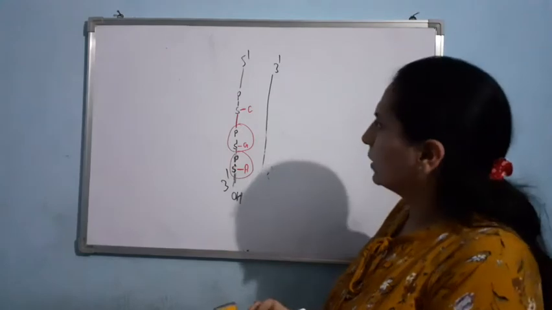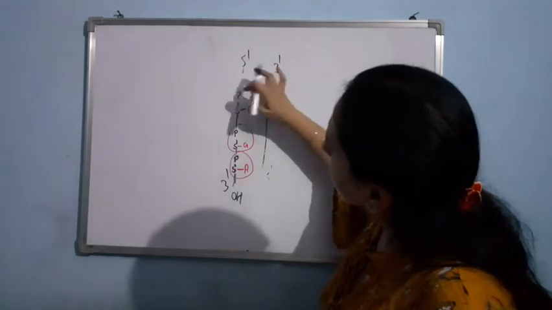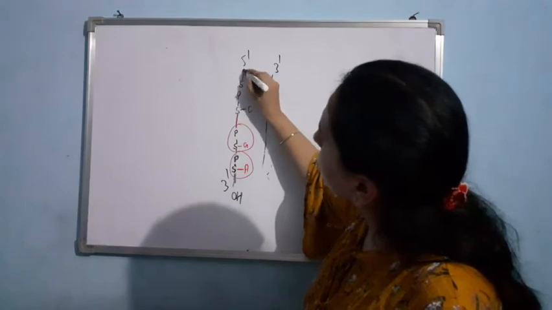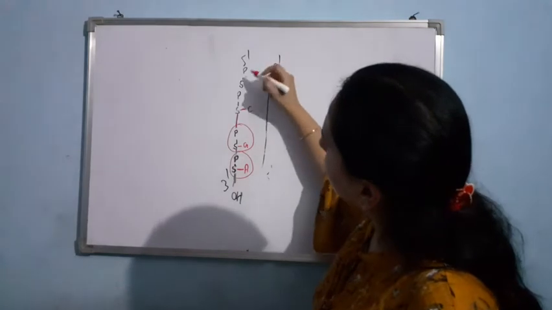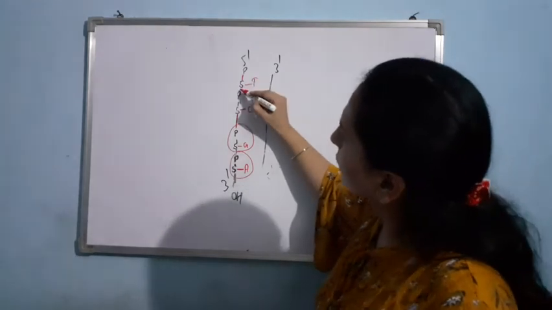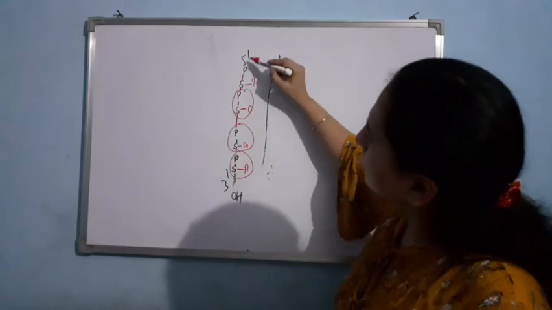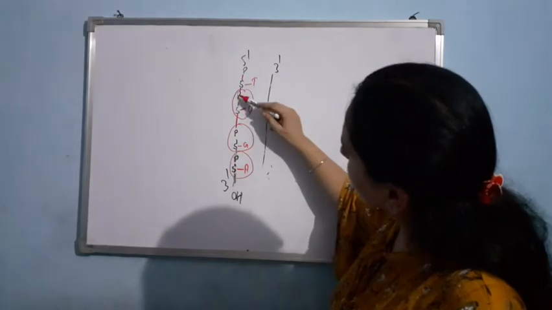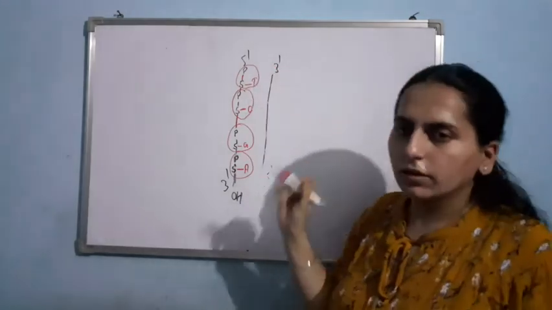Now, let me make the fourth nucleotide. Again here I'll be having the sugar, phosphate group, nitrogenous base, suppose this time I'm having T. And here the sugar is attached with the phosphate like this. This is the third nucleotide. This is the fourth. And this is the fourth nucleotide like this. I have drawn 4 nucleotides.